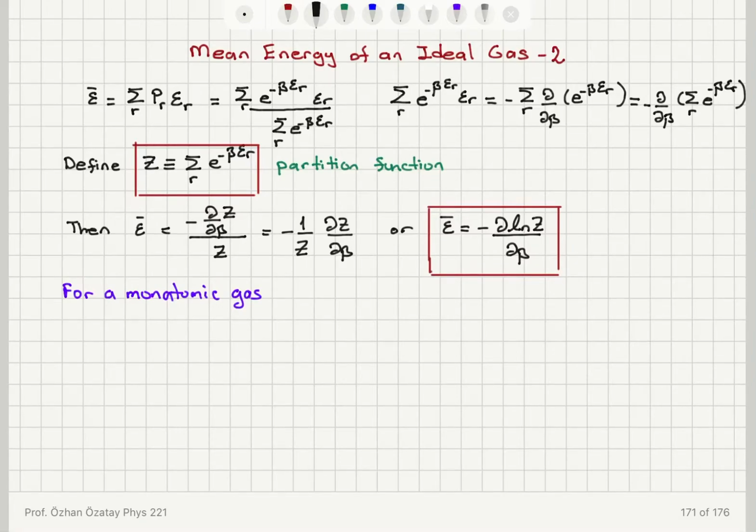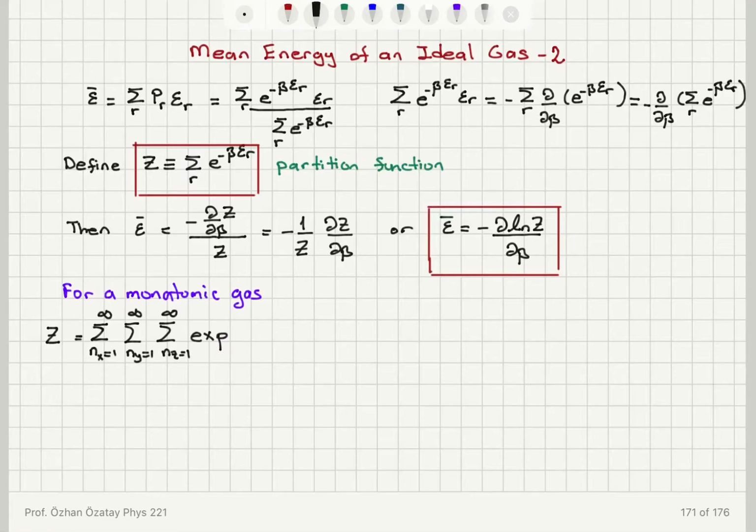So this partition function Z is the summation over all possible states. I have three quantum numbers: n sub x equals 1 to infinity, n sub y equals 1 to infinity, and n sub z equals 1 to infinity,